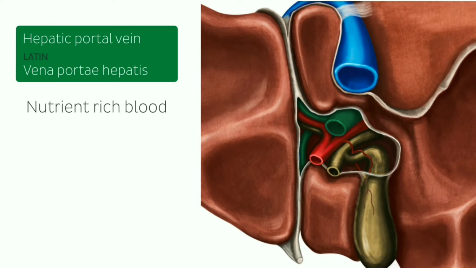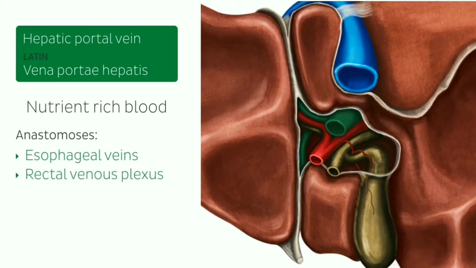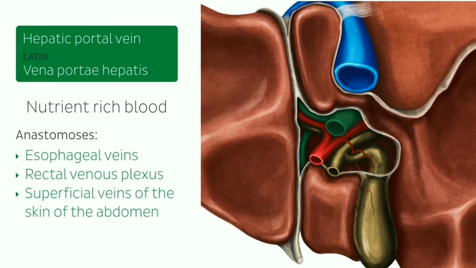The hepatic portal vein bifurcates into the left and right portal veins before entering the liver. The branches of the left and right portal vein are not to be confused with the left and right hepatic veins, which drain into the inferior vena cava. The hepatic portal vein forms anastomosis with the esophageal veins, the rectal venous plexus, and the superficial veins of the